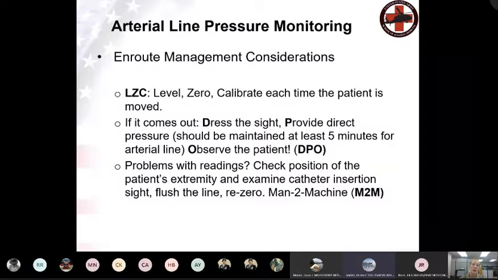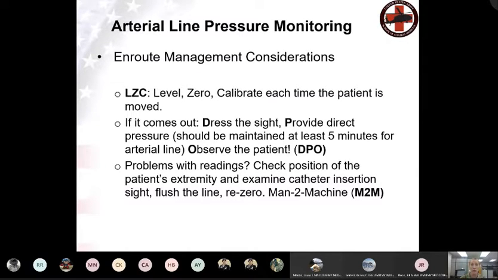Okay. So doing the level zero calibration each time the patient is moved can get a little cumbersome. We've rolled the patient, now we've got to do it again. We've moved from the Role 2 to the aircraft, now we have to do it again. Oh, we're at altitude, we got to do it again. Oh, we did an assessment, we had to move the patient, we got to do it again. That can cause you to spend a lot of time doing something that is time away from doing an actual